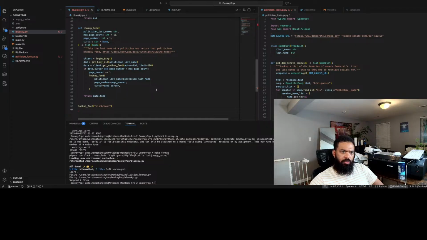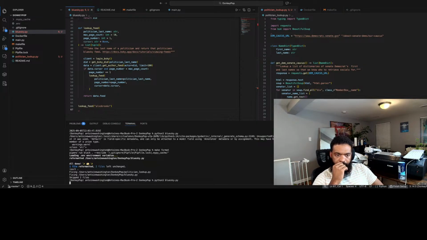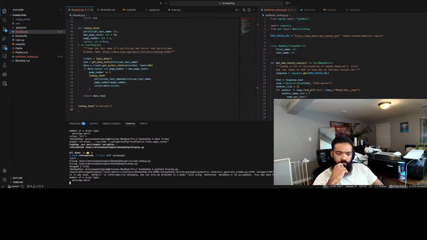Okay, so the code is noting cursor is not accessed, but it is accessed. Let's see. Does this work this way? I'll make sure the program doesn't crash.